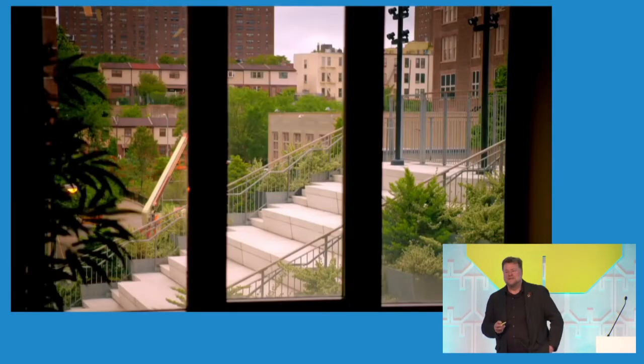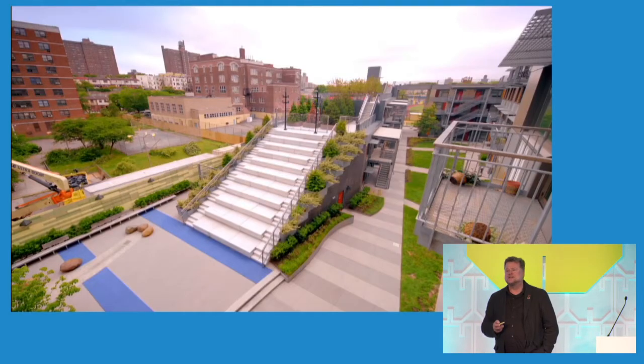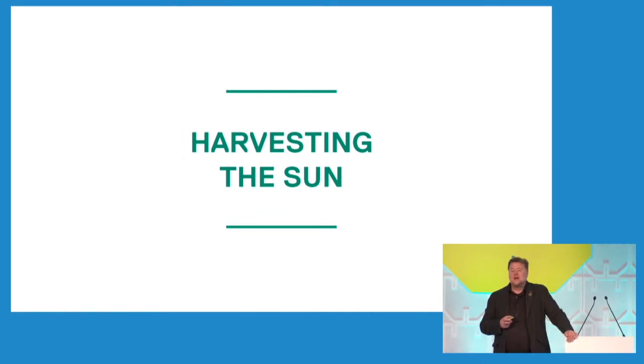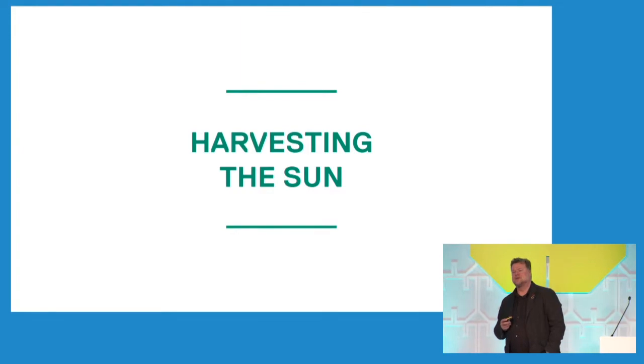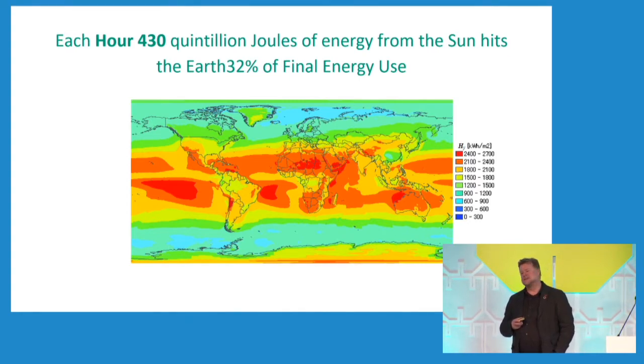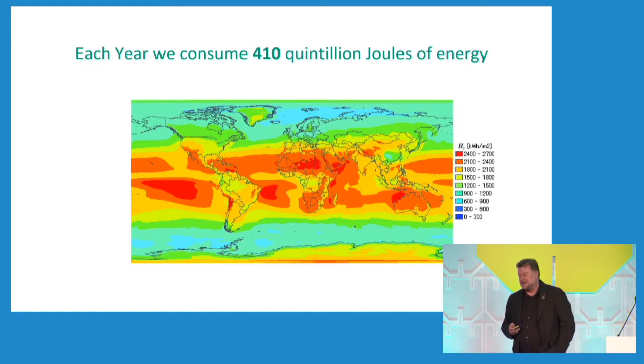So clearly, when we think about the environment, probably the first thing we think about is the opportunity of solar, and how can we use different resources to minimize our energy footprint. So solar actually has incredible potential. I mean, if you look at how much energy hits the planet, it's 430 quintillion joules of energy. So to put that into perspective, we use 410 quintillion joules a year. So in other words, every hour, more energy hits the surface of the planet than we use in a year. So it shows the opportunity and resource that's there for our taking.